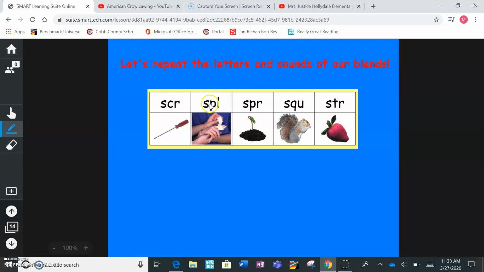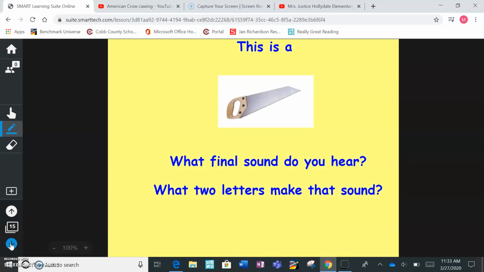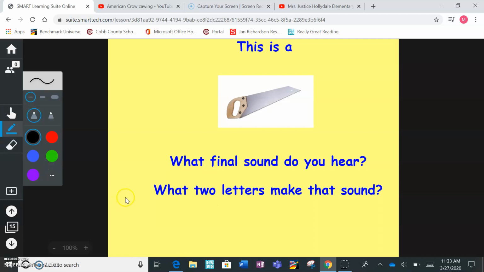All right, now let's try some three-letter blends, and we're just going to go over them quickly together. Ready? Scr, spl, spr, squ, str. This is a saw. What final sound do you hear in saw? Aw. Give me two letters that make that sound. If you said A-L, A-L-L, A-U, A-W, or an O, you are right. In this word saw, though, we spell it with